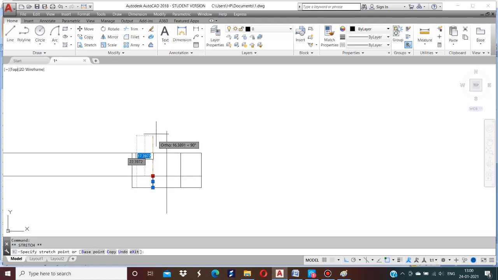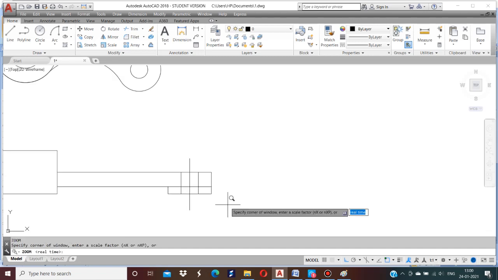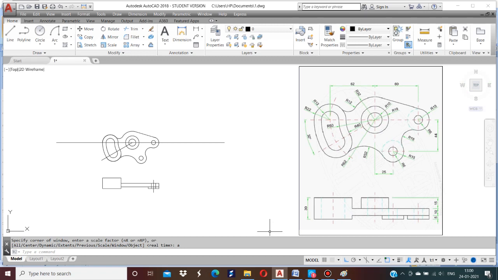And here extend this line. Then the holes. Okay, so trim this line. And here also trim this. Okay.